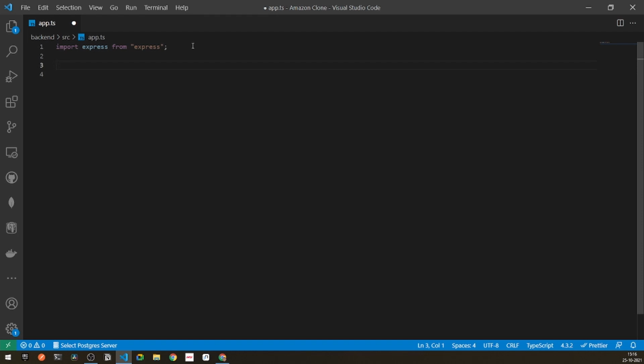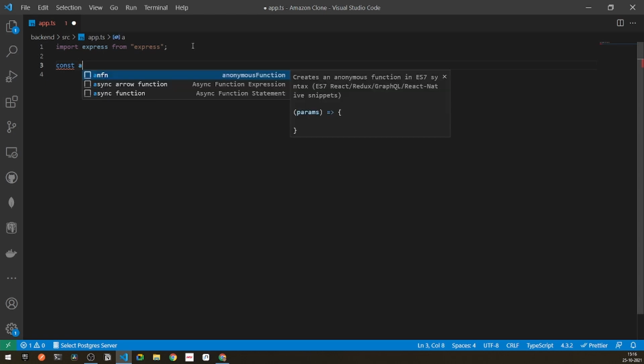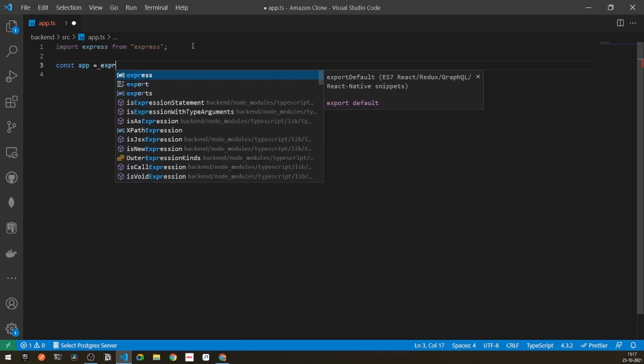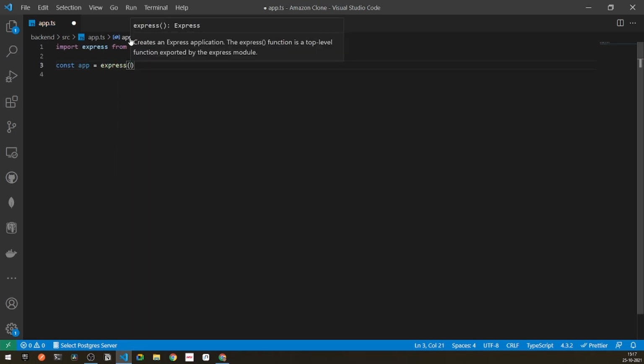First things first, in express you need to initialize your entire application. So here I'll simply write const app, which is a function call to the entire express module. The name app is an industry standard, so you should always name the instance of your express application app, so that all the senior and junior developers will understand your code.